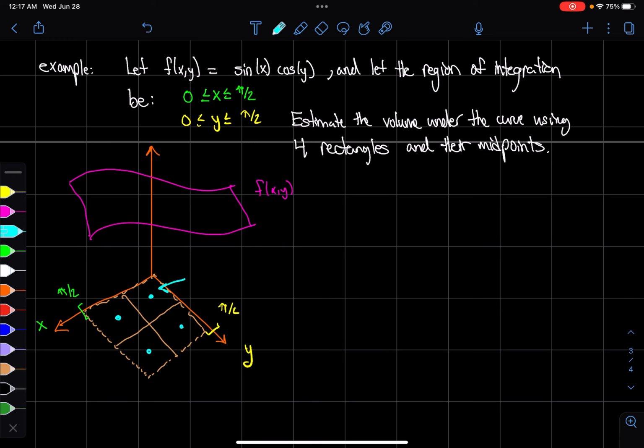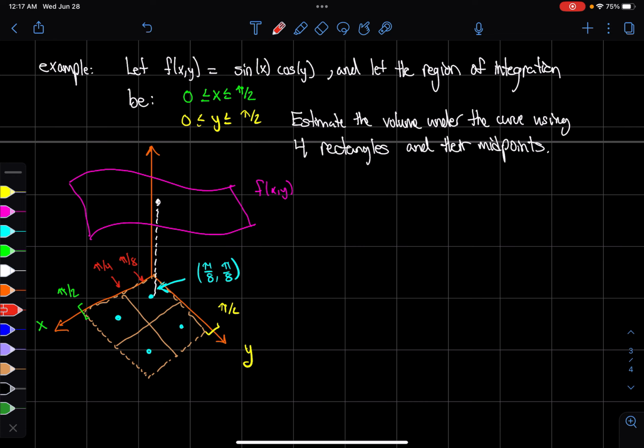So what does this mean? This means I'm going to draw a rectangular prism whose height is based off of whatever my z value is going to be at this point. So first and foremost, let's figure out what is this point. Well, this point right here is going to be pi over 8, comma, pi over 8. Now you might be wondering, Dylan, how did you get that? Well, I know if I cut this into 4 rectangles, that makes this pi over 4. And halfway between that, since I'm using the midpoint, would be pi over 8, and same thing in the y